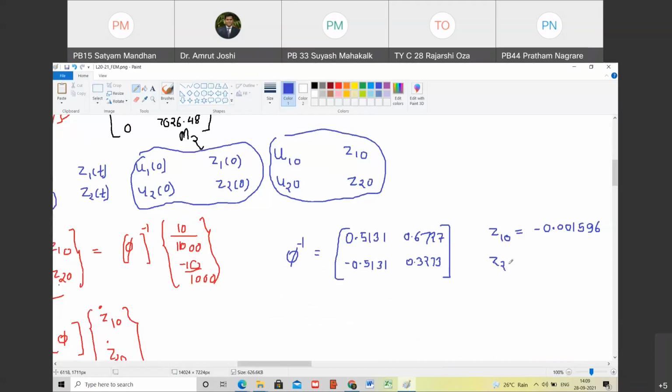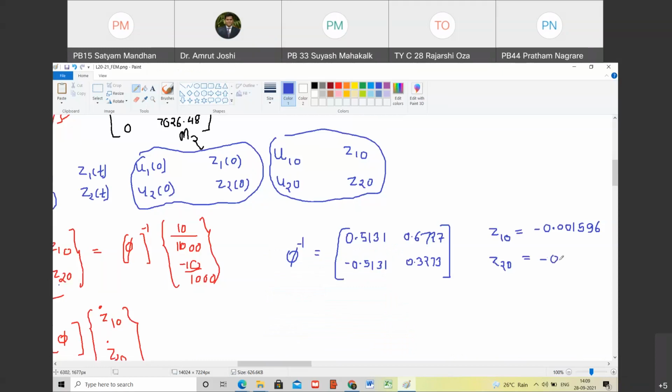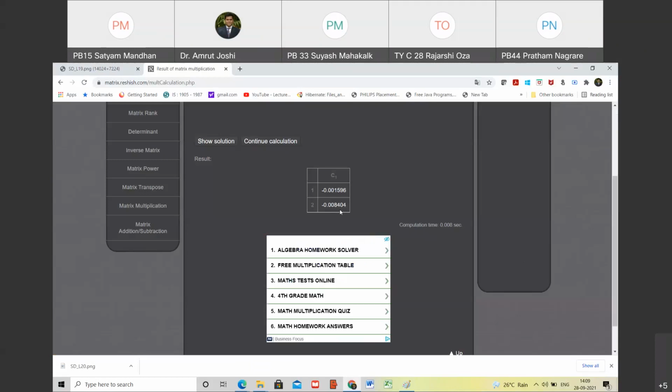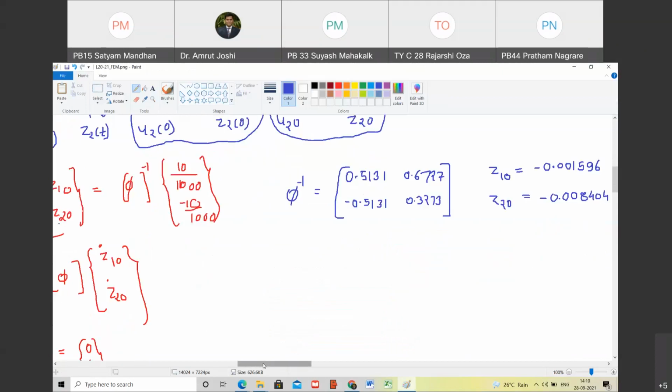And Z20 is equal to minus 0.008404. Are you with me? Yes, sir. So these are the values. So we have got